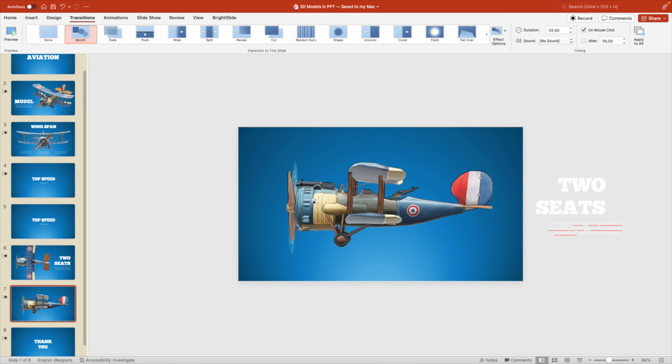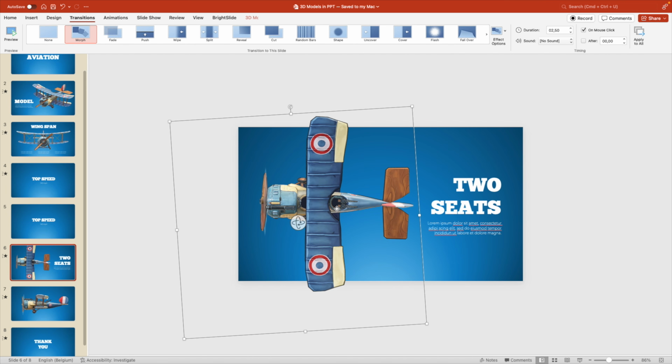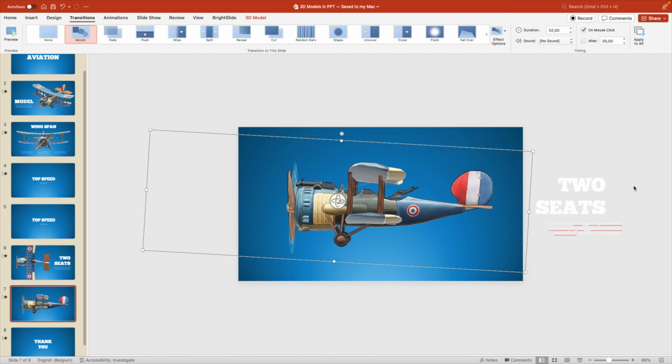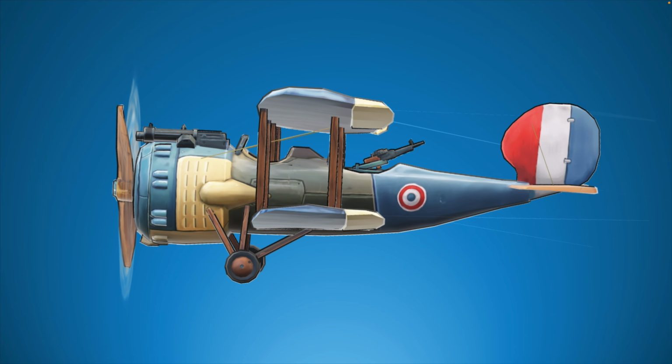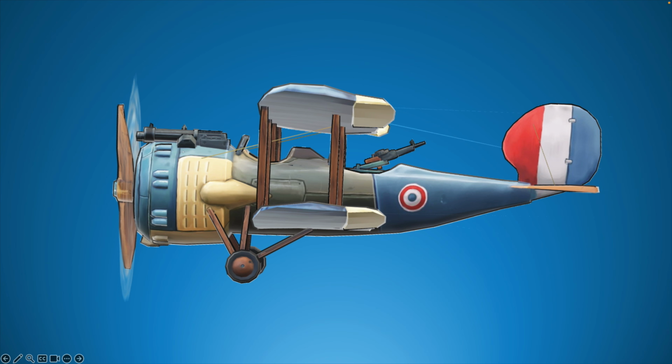We just simply rotate the plane and the text flies out. So we have the same 3 elements. This one is just rotated to the side and then the text flies out again. Let's see what that looks like. And as soon as you click, the airplane rotates, text flies out,